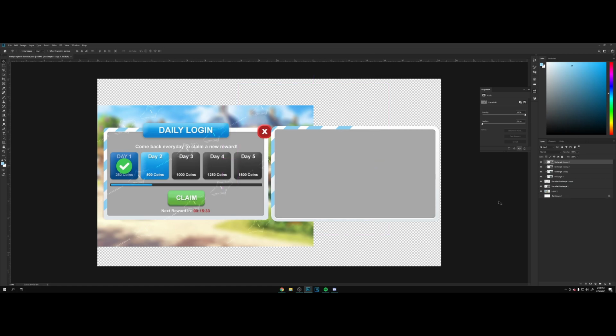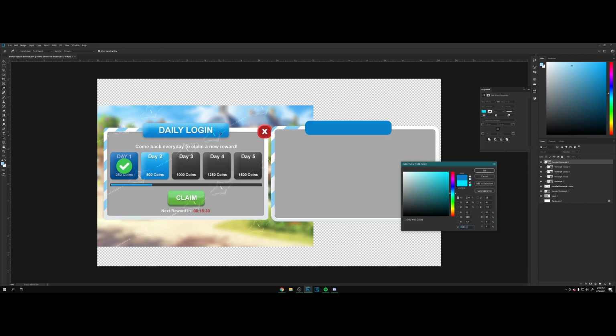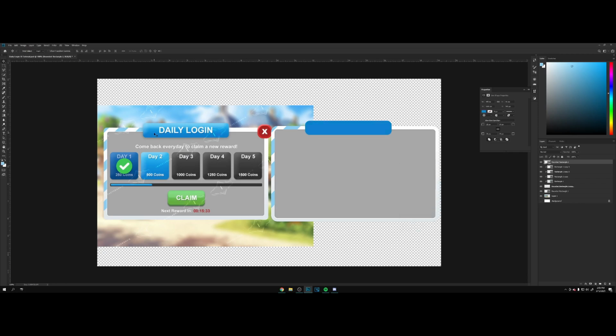There we go. So now we're going to make a new layer, rounded rectangle. We're going to create this shape. Control Shift H to hide the outline, and drag this into our UI. Now we're going to change the color to a blue. Alright, and what he used here is called a bevel and emboss, but honestly I don't think that looks too good, so